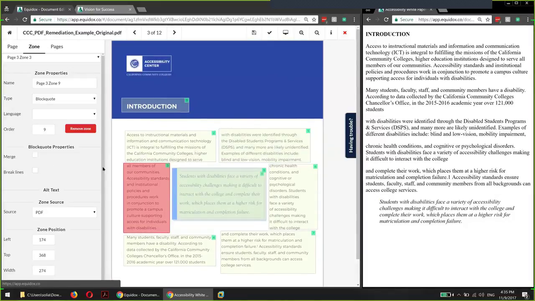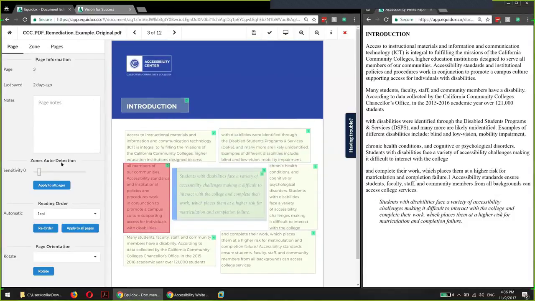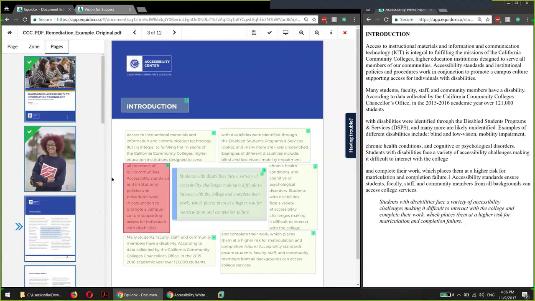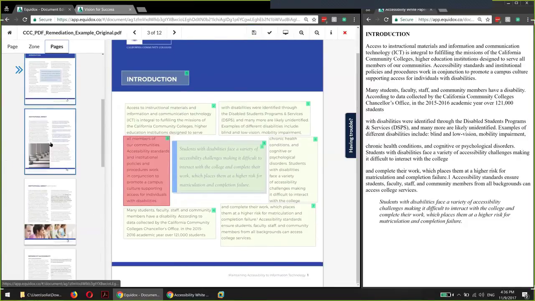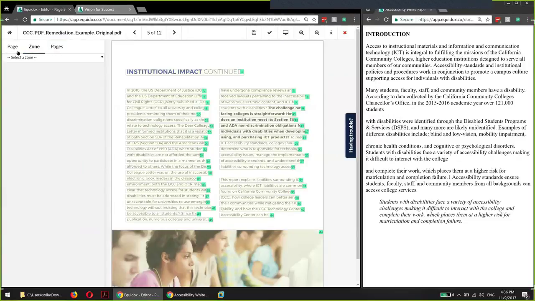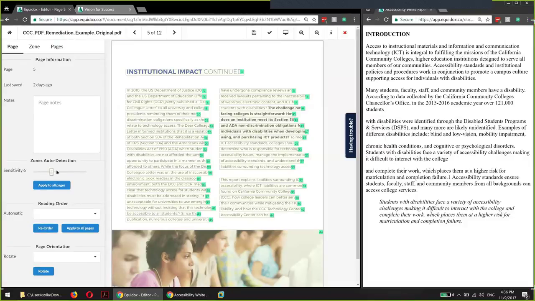You can see that basically it's not as easy as some of the other pages we worked on. Sensitivity didn't work quite as well as it did on the other pages, but that's okay. It doesn't have to. We don't rely on sensitivity. We just ask it to do the best it can to get us through the page as quickly as possible. So for this page, definitely not useful. But of course, for a page like this, it's going to be super useful. In fact, you can finish the whole page in about